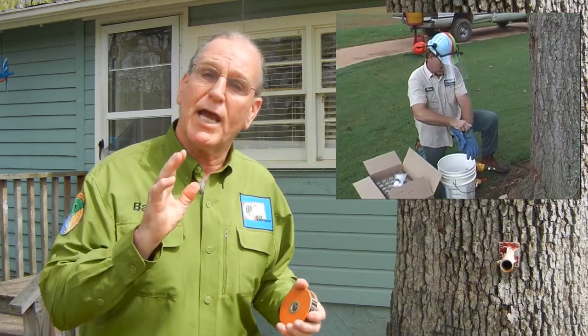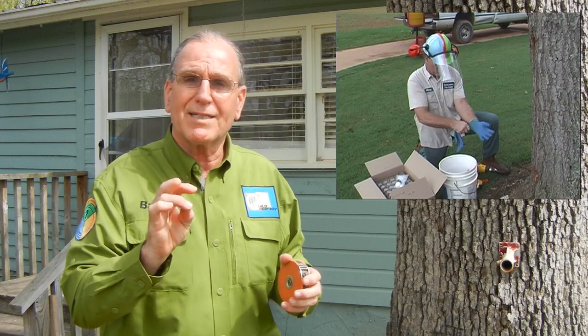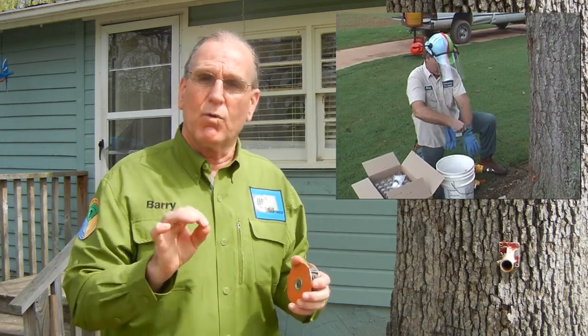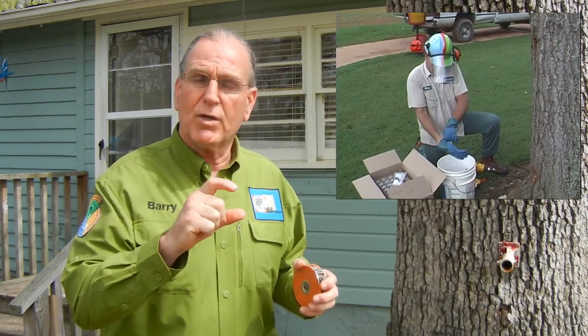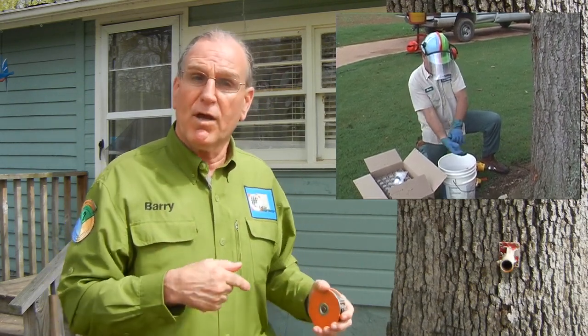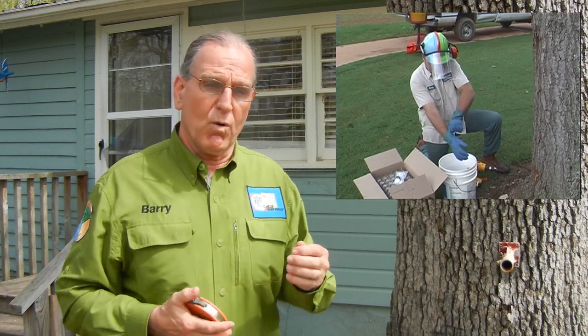We're not telling you that you have to use this, but there's 3 or 4 different styles or types of equipment and hardware that can be used. We have chosen to use this particular one that you're going to see us use for this application, and we're going to use an insecticide. We're going to use Merit. It's an imidacloprid, and we need to get in as early as we possibly can because there's a 3-month translocation. In other words, 3 months to get it completely up into the tree and get it effective. And we're also going to add a